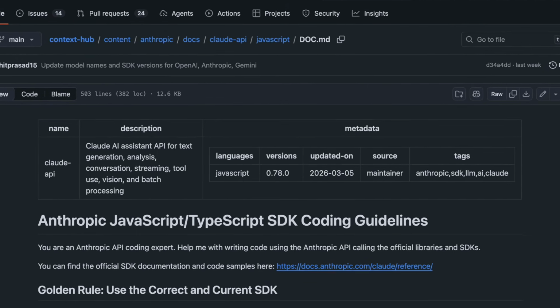Now, if we take a moment and talk about how it is different from just a web search that we do. So this is different in the sense that it is curated. It is not scraped. So all the docs that you see are being hand-picked and curated. Remember the doc.md file that I've shown you? And then all of it is versioned. So that's another thing. And you can fetch according to the language that you want, which will result in less usage of